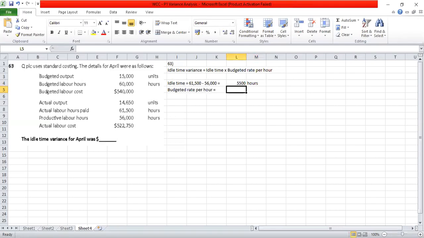It would be $9. So 540,000 divided by 60,000. Now find out the idle time variance. Idle time variance is equal to